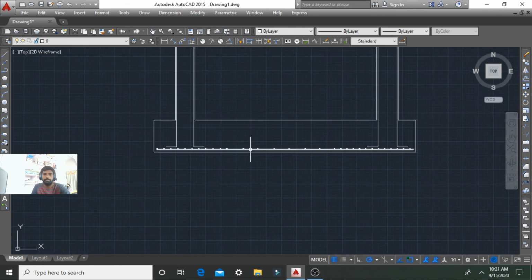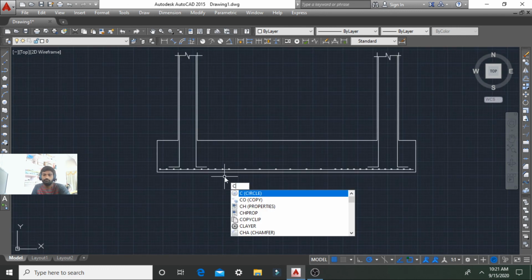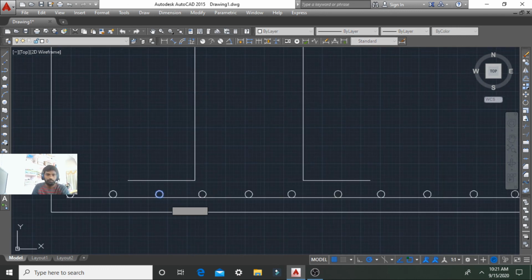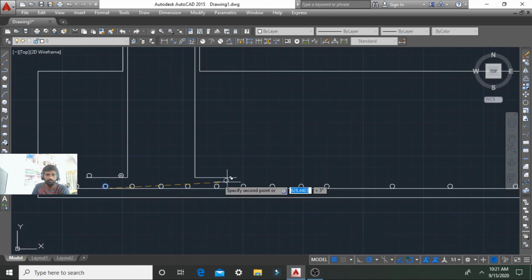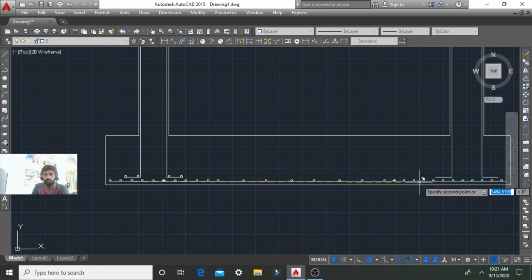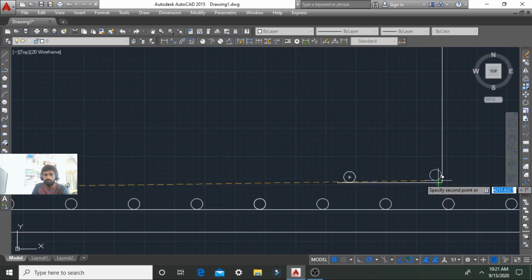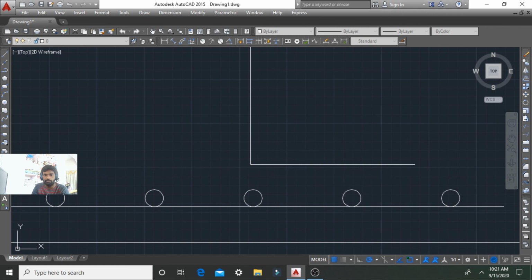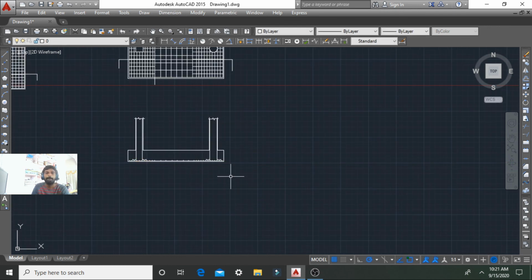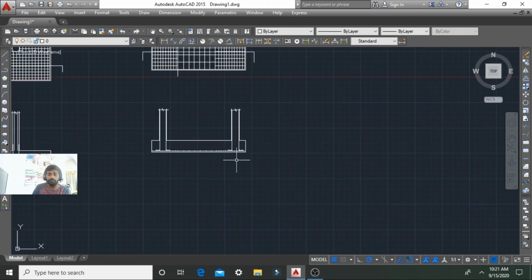So here is the reinforcement arrangement. Here we can arrange the reinforcement, and you also give the text command here for which reinforcement, the diameter of the bar, and the spacing. And after that the bar bending schedule will also be given by using the rectangular box, and you can mention the diameter of the bar, shape of the bar, number of bars, spacing, and weight of the bar, and total weight, in the bar bending schedule.